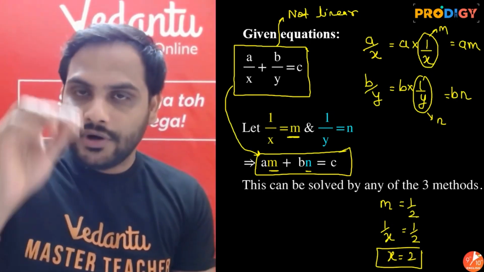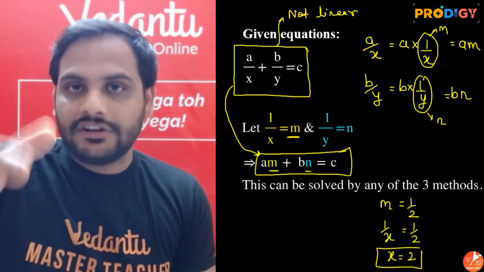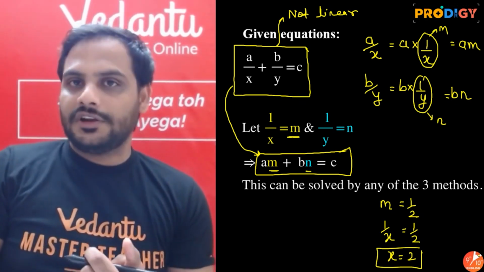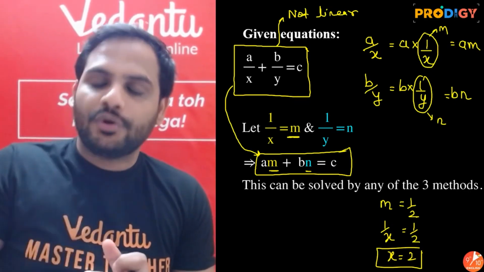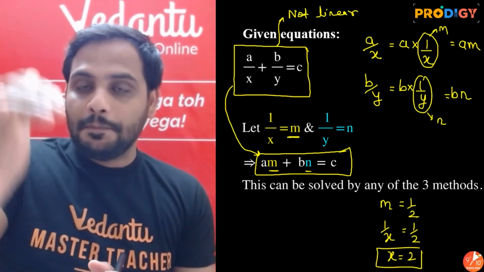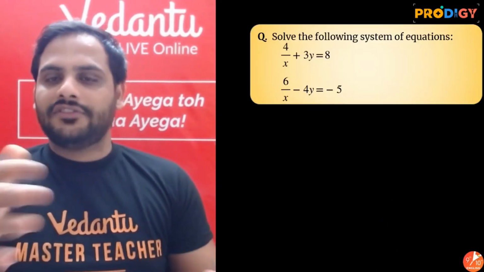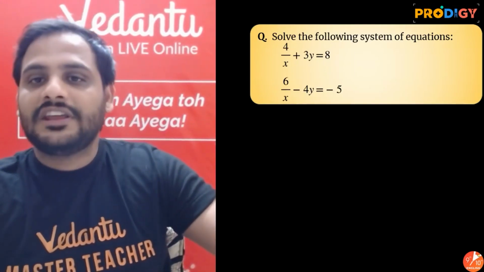So it is very important to understand what we need to do to convert or reduce the given equation into the linear equation in two variable form. That you will get with the help of practice. Alright, practice more and more questions. I will try to cover many types of questions from this category. Look at the first question. Suppose we have over here 4 by x plus 3 by y.